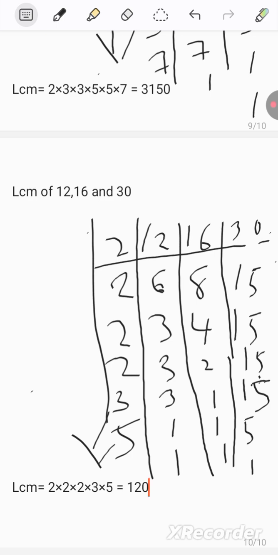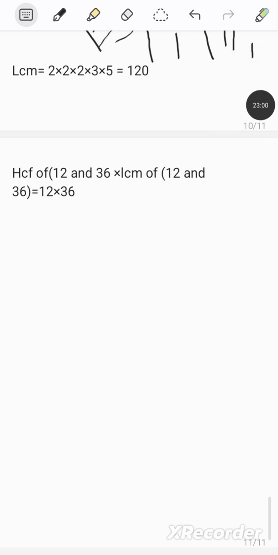Now, for a fun fact, do you know that the HCF of 2 numbers multiplied by the LCM of the same 2 numbers is equal to the product of those 2 numbers? Let me show you what I mean. That is, the HCF of 12 and 36 times the LCM of 12 and 36 is equal to the product of 12 times 36. Now let us look at that. We have done this before. The HCF of 12 and 36 is